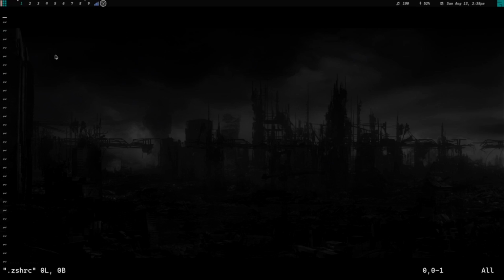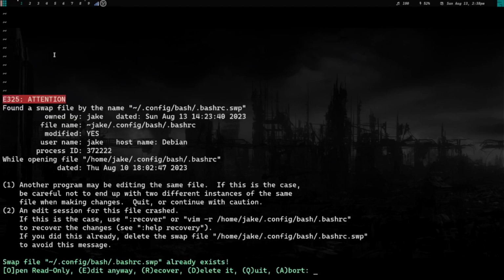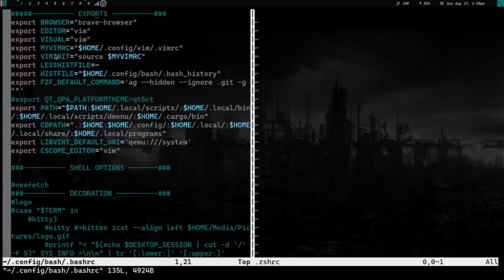And so what we're going to do here is, first off, we need to set some environment variables. Now I'm going to go about doing this the quick way. So I'm going to actually do a vnew, and we are going to do home/.config/bash/.bashrc. So basically we are going to, let's delete that real quick. So you can see over here we have home/.config bashrc, and over here we have our